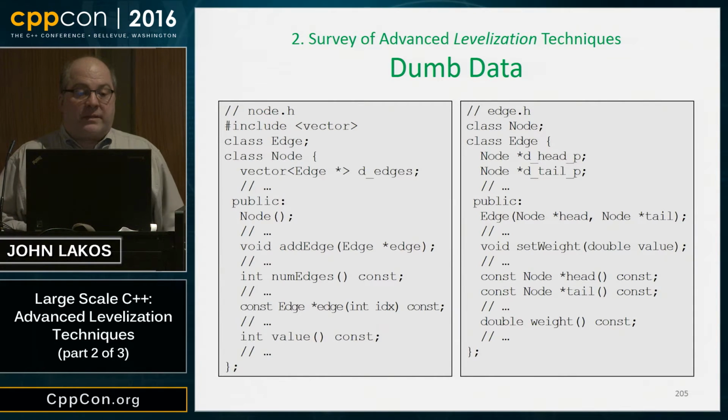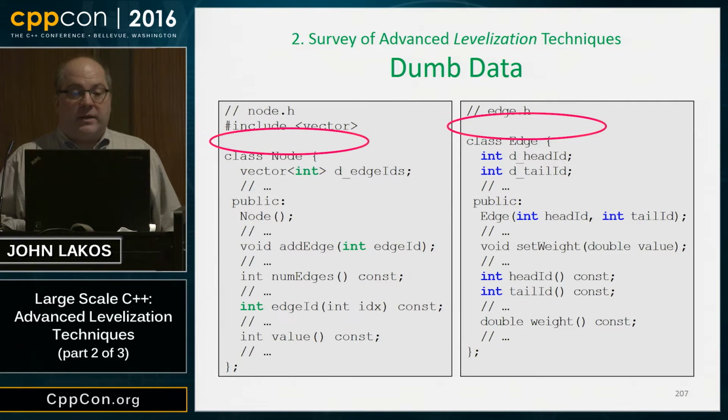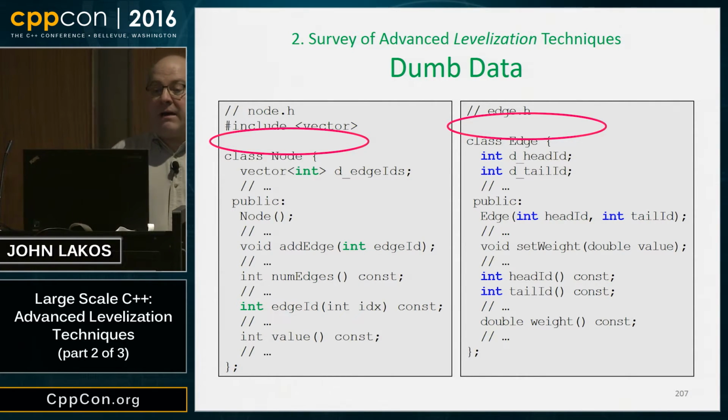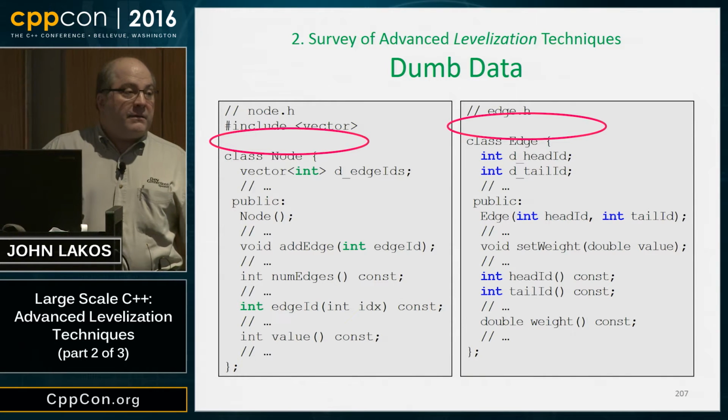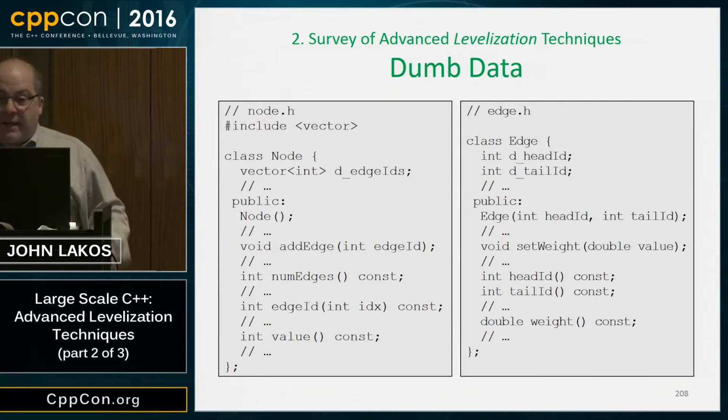So the way you do it is kind of Java-like in a sense, because what you do is you replace all the pointers with indices, and that's what we're going to do here. We're going to get rid of those class declarations entirely, and now everything is just going to be an ID. It's just going to be an index into a higher level array. And when we do that,